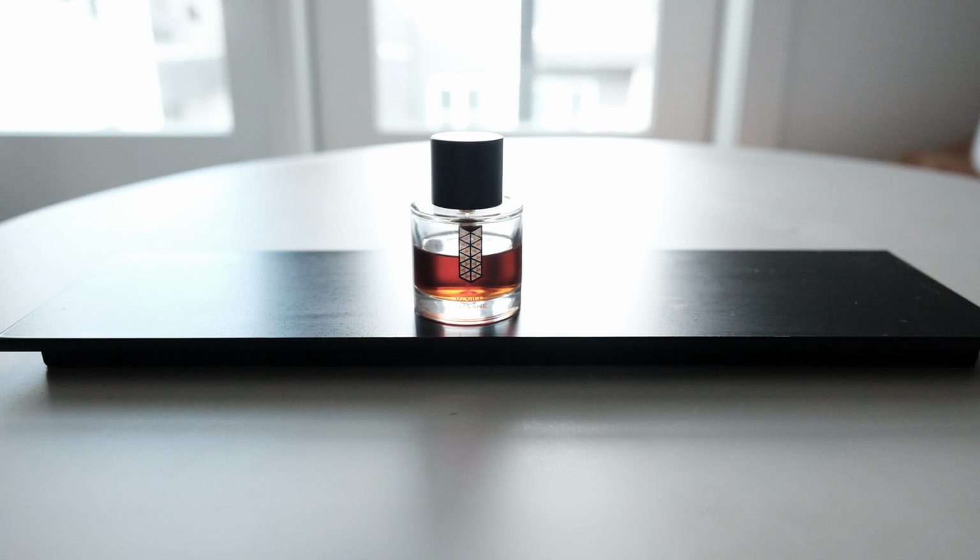I don't have many tobacco fragrances in my collection, and honestly it's probably because of this. This is peak tobacco in my opinion. It's dry, you can feel the texture, and there's not much more I can say about it. It's not too sweet. The vanilla in here is not synthetic at all. It uses the vanilla beans, it uses all kinds of aspects of the vanilla